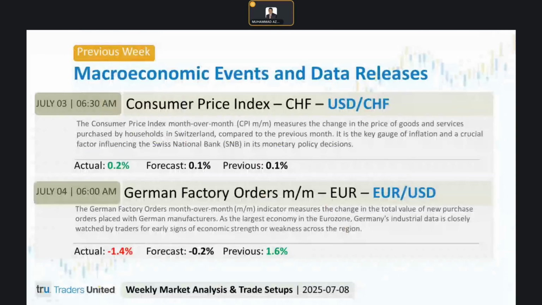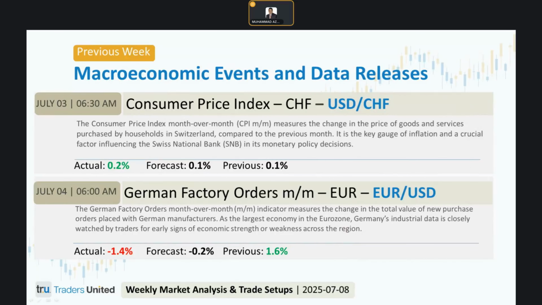Now, the broader market context is that the SNB remains cautious, emphasizing data dependence as global inflation trends evolve. Despite the upside surprise in CPI, the market may believe the SNB will maintain its current stance unless inflation shows persistent acceleration. Meanwhile, any renewed hawkish sentiment from the Federal Reserve may have contributed to the dollar's strength and the USD Swiss franc move higher.